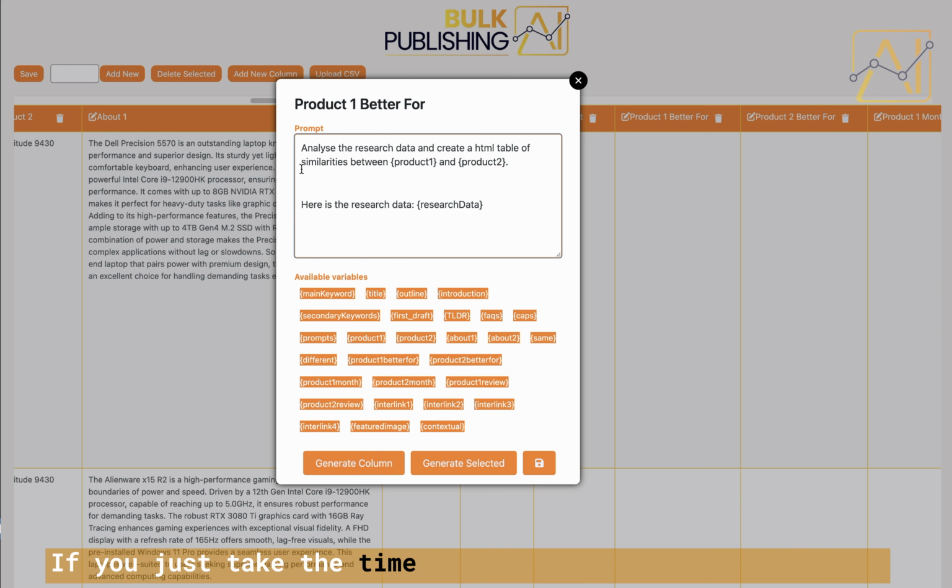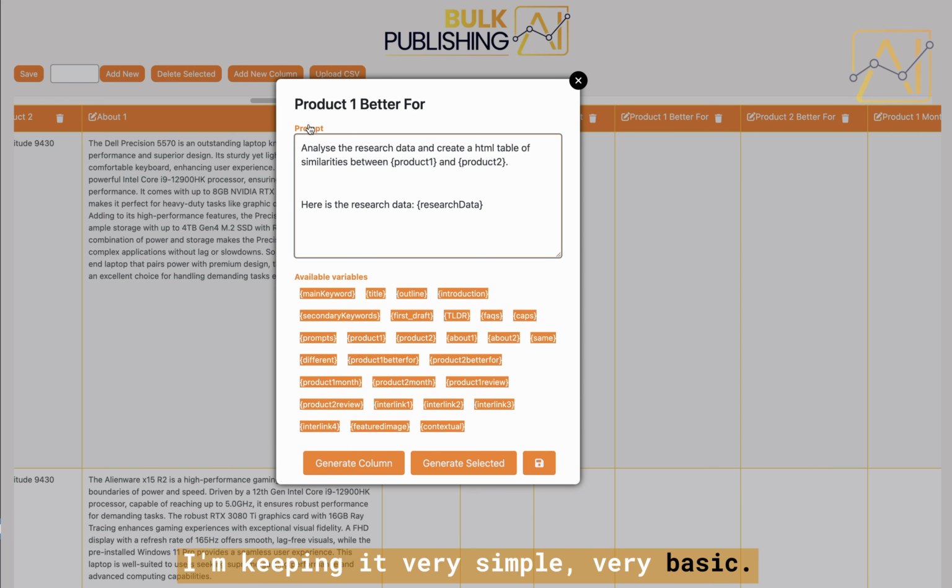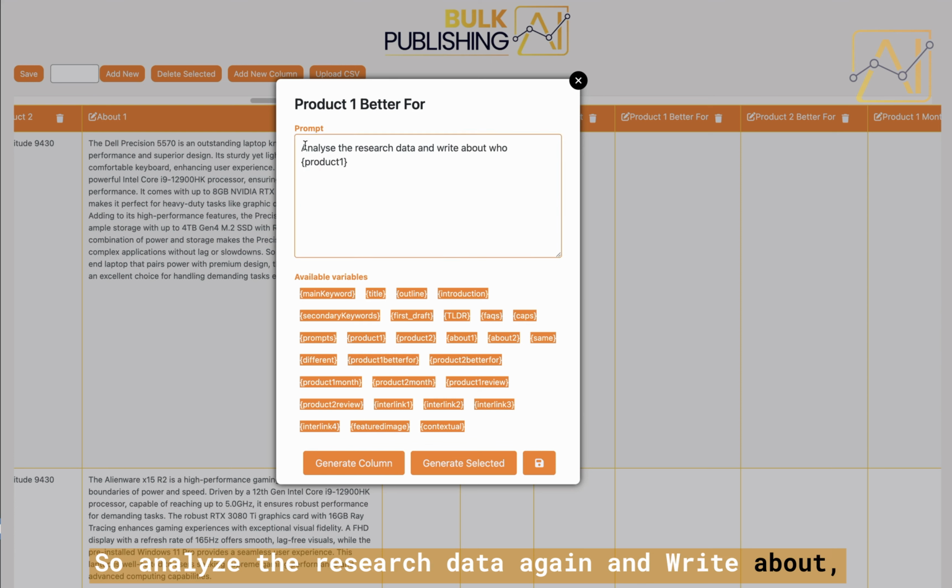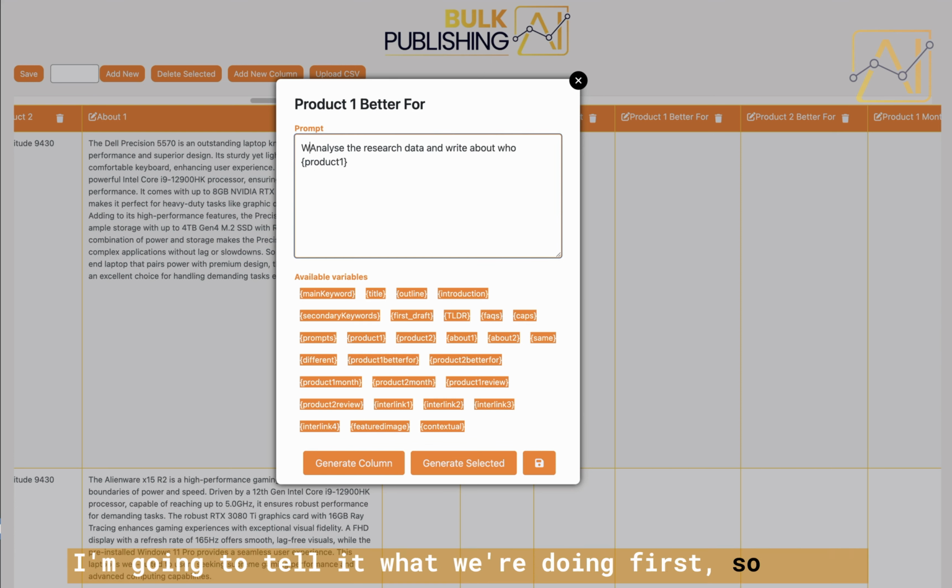If you just take the time to think about the template and how you'd like it to look, the possibilities are endless. I'm keeping it very simple, very basic, but now we're going to be writing a prompt to describe what product 1 or who product 1 is better for and what it's better suited for. So analyze the research data again and write about, I'm going to tell it what we're doing first. So we are helping